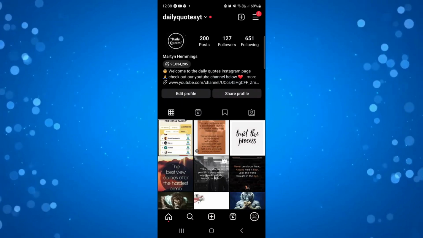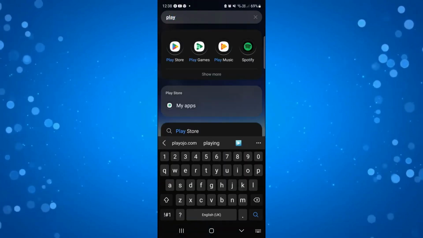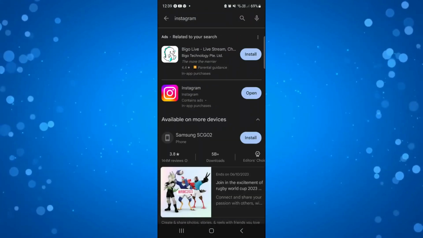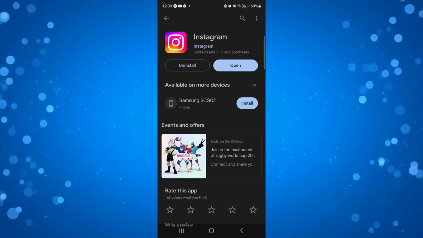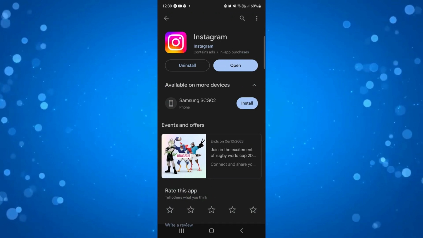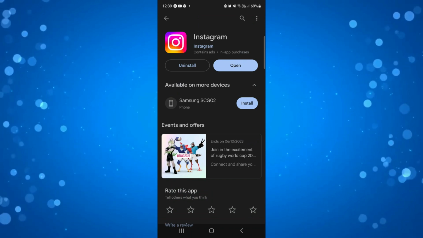If it's still not working, what you're going to want to do is open up the Play Store on your device, or of course the iTunes Store if you're on an iPhone. Go ahead and search for Instagram and make sure you have the most up-to-date version of Instagram. If there's any updates available, this blue button where it says open will say update, so you want to go ahead and update that, restart your phone, and that should again fix this issue and allow story music to